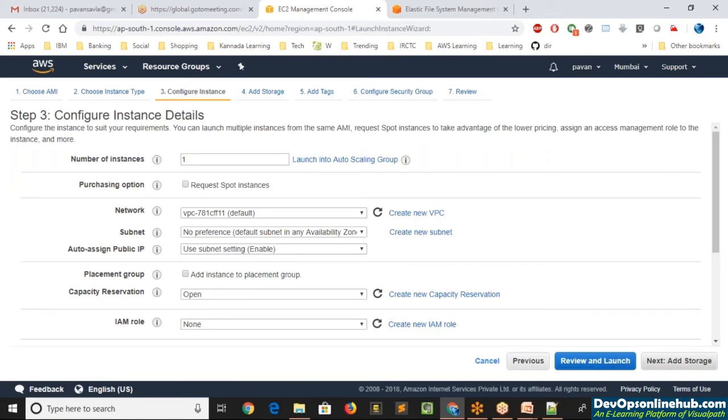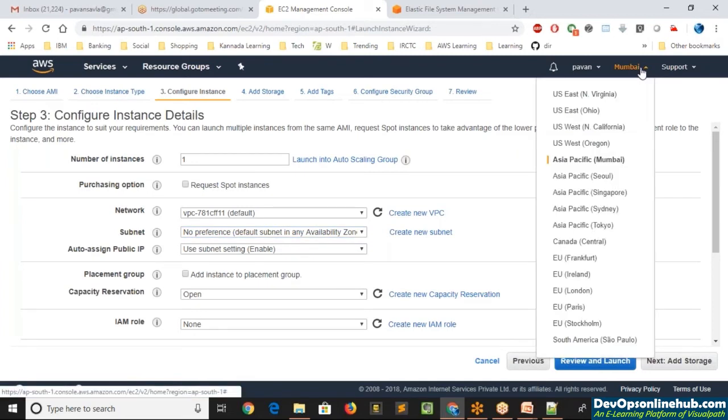In the third step, I'll leave everything as default, just ensuring that the availability zone should be different, right? So here we're trying to launch it in the Mumbai region. So let's go down to North Virginia. Since we have created a file system in North Virginia, let's have an EC2 instance also in that specific region.